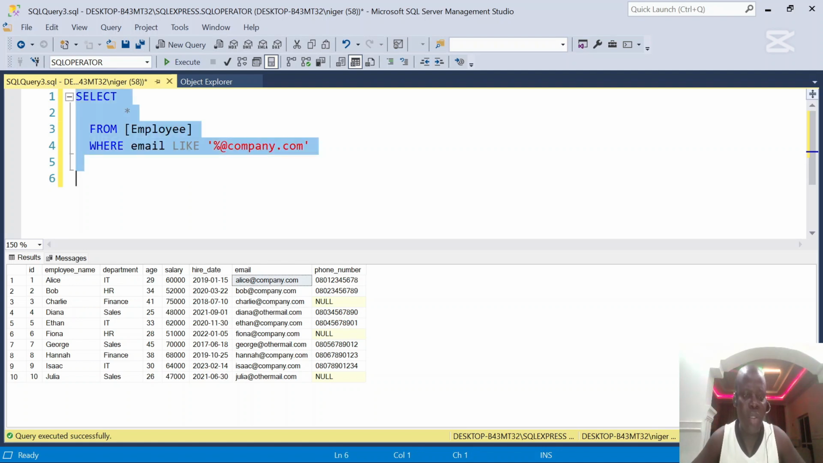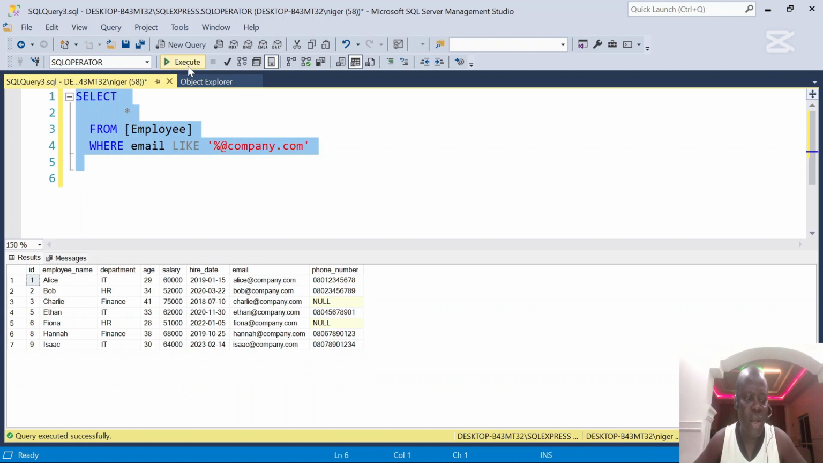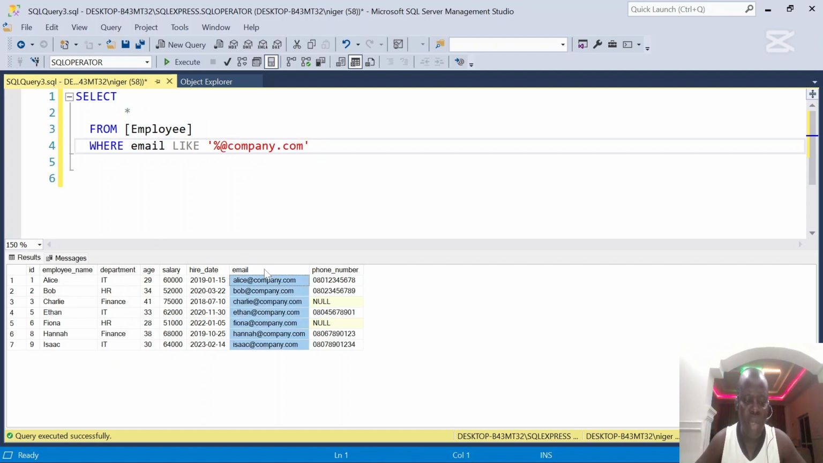I want to see the list of all employees whose email ends with @company.com. So when I run this and execute it, you see we have 7 records. Generally we have 10 records in our table, but now for those whose email ends with @company.com, they are just 7. And when you come to the email column in the result table, you will see every person you are seeing here has an email that ends with